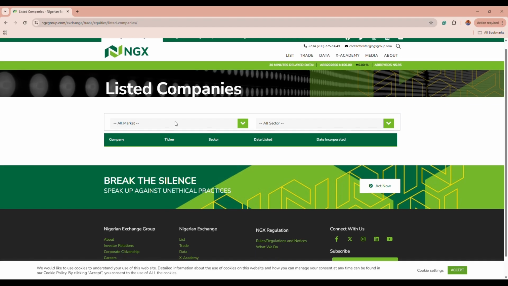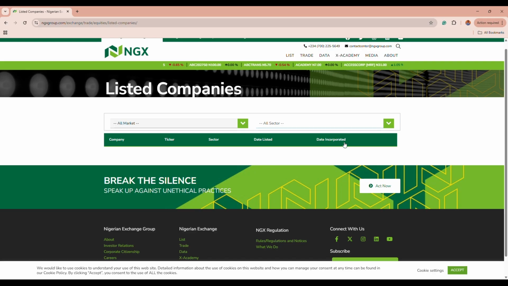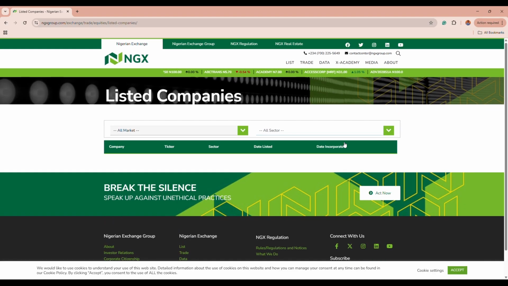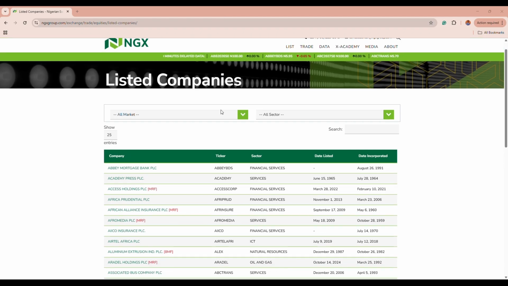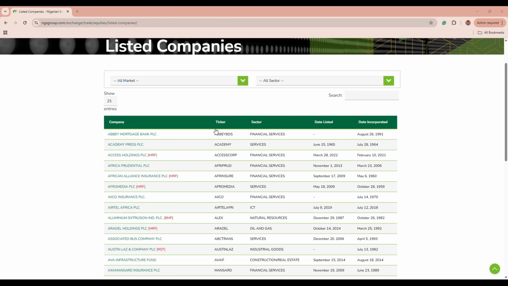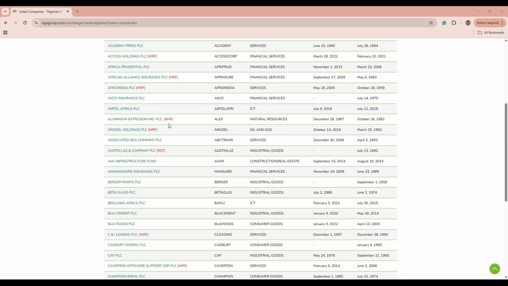So we have all markets and we have a drop down for this. Then we have all sections, and we have a drop down for this as well, grouping the companies into the various sectors that we have on the NGX, basically. Moving on, we have the list of companies that are listed on the NGX,